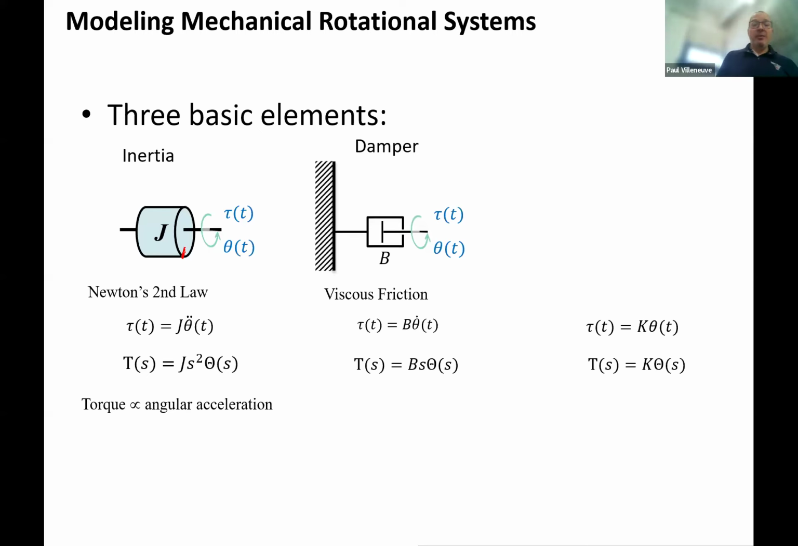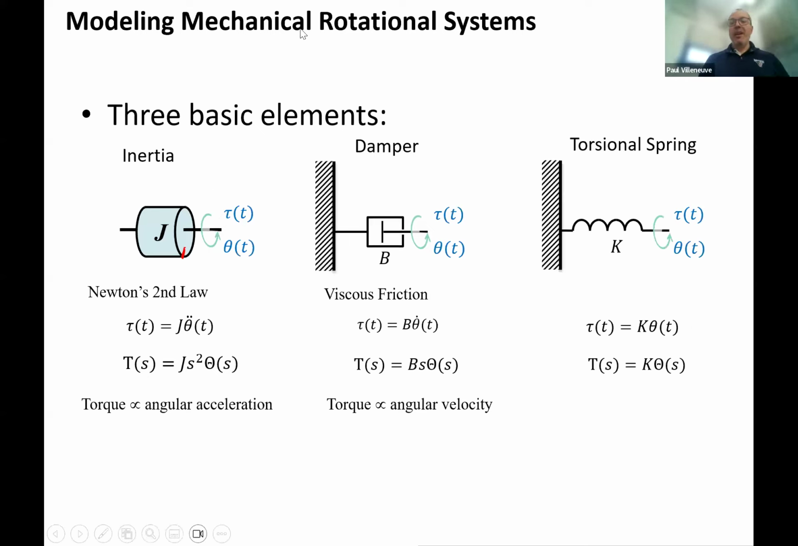We take that into the Laplace domain. Our torque is equal to B times s times theta(s). And again, here it's proportional to angular velocity. The last one we have